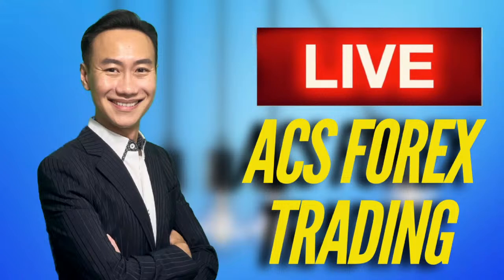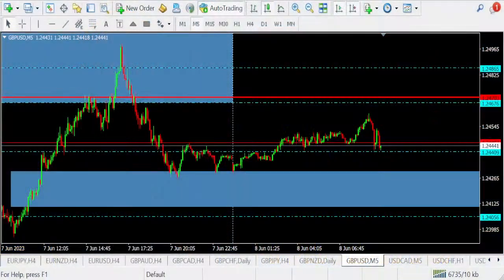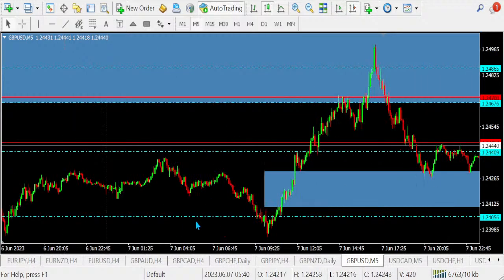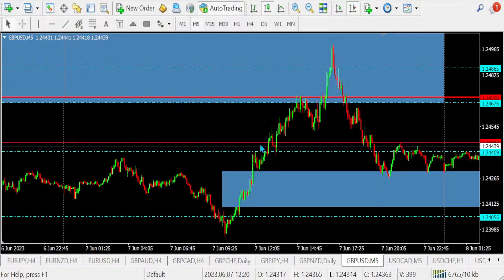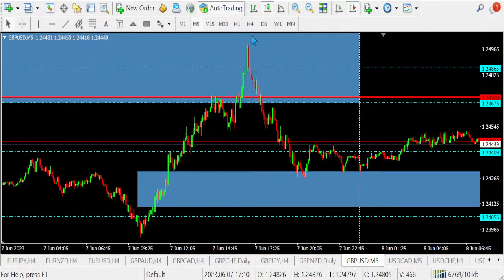All right, let's take a look at yesterday. I received some messages over here. Yesterday, the pound dollar, after we tested the support over here, bounced back nicely. It went up all the way, took out the Asian high for yesterday and also the Asian highs for Monday, correct? And all the way it went up to this area here, meeting a resistance.